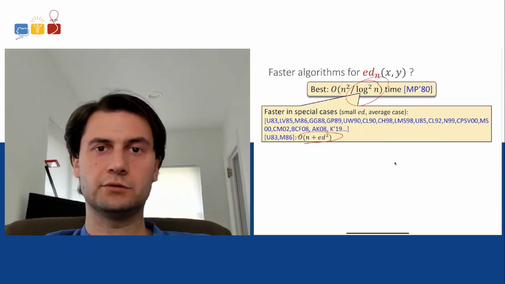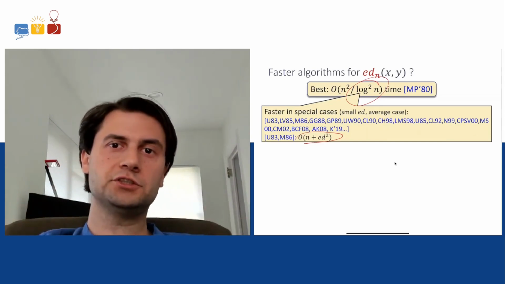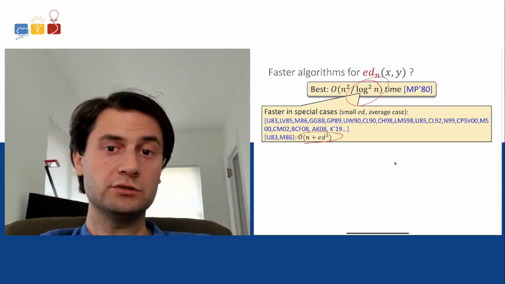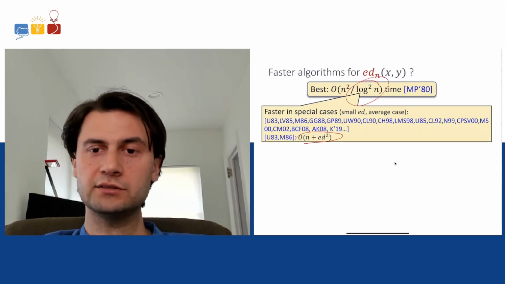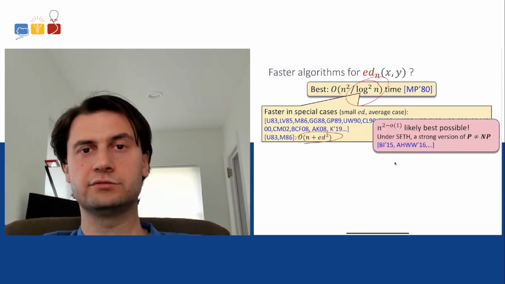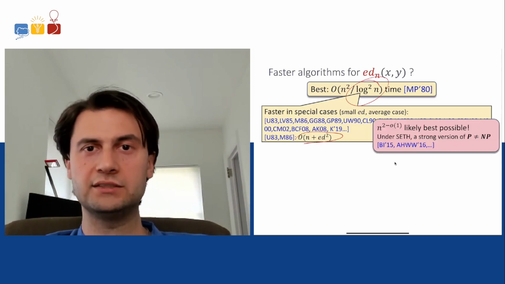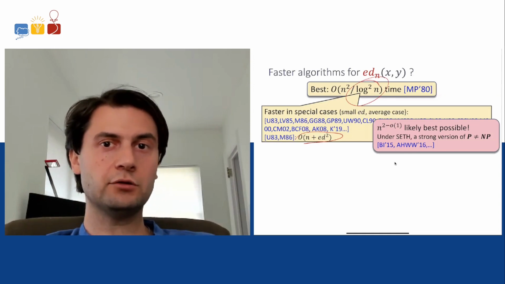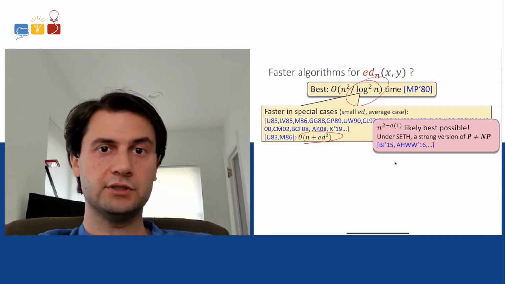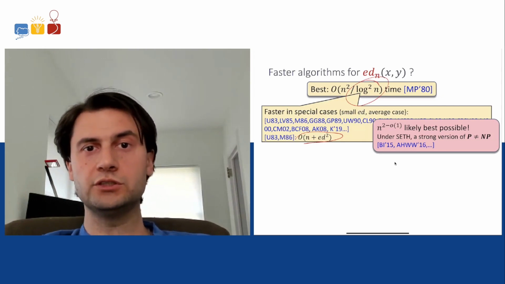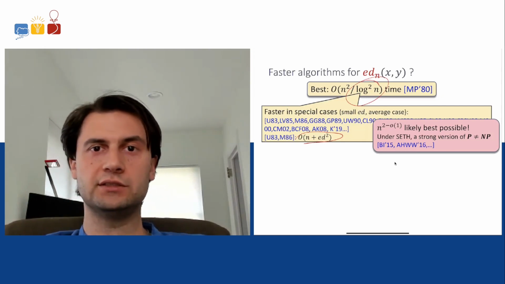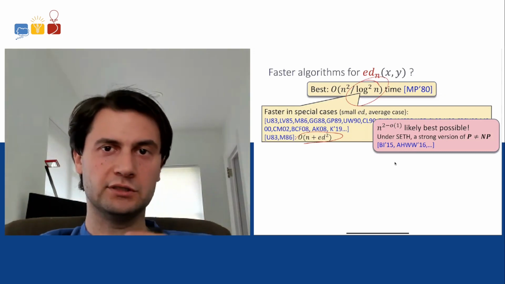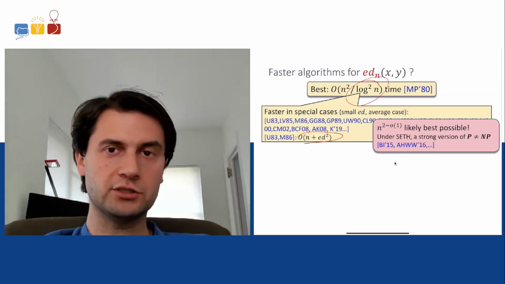We know better algorithms, right? But for the vanilla version, there's nothing else guaranteed. We don't really know better than Masek-Paterson, and in fact, recent research on the complexity side, especially from the relatively modern area of fine-grained complexity, has basically suggested that we shouldn't hope for a faster than quadratic time algorithm unless we break a hypothesis called the strong exponential time hypothesis, which